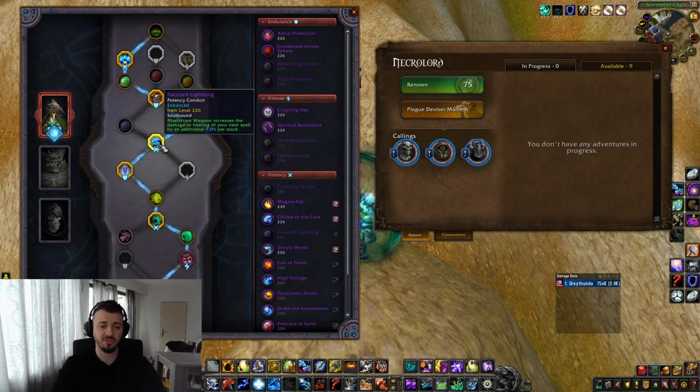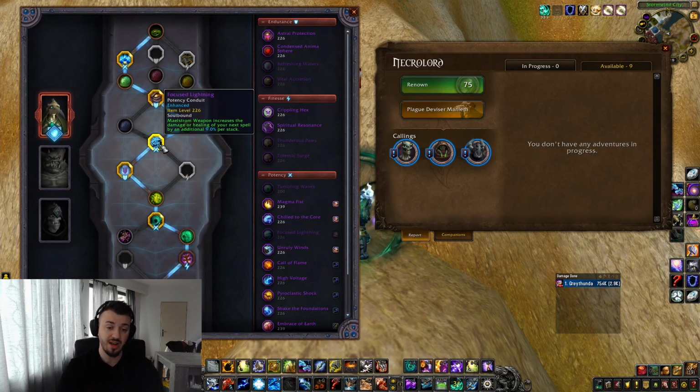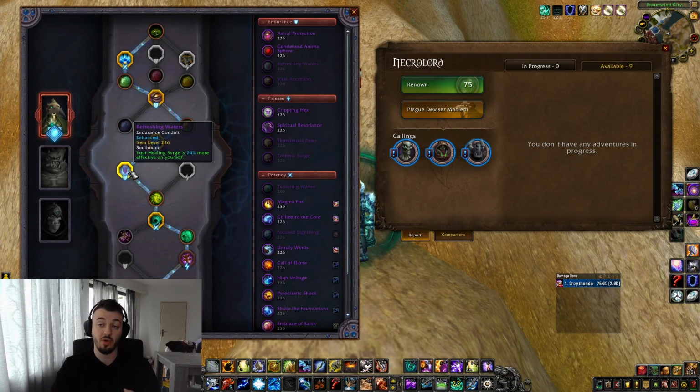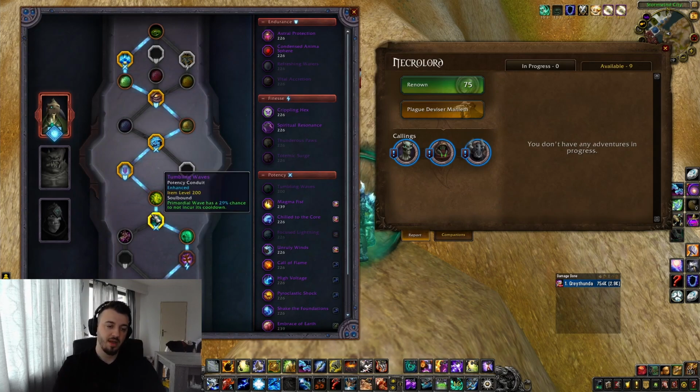You can play with Focus Lightning because you want that extra damage for Elemental Blast, you want that extra damage for Lightning Bolt, and it is actually also very good for your healing, so always play Focus Lightning. I also play with Refreshing Waters because I want to heal more on myself, because more often than not you will be the target. Of course, Ultimate Form, and the best conduit that you can have for that build, the RNG